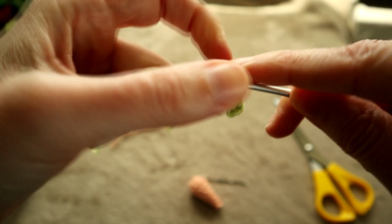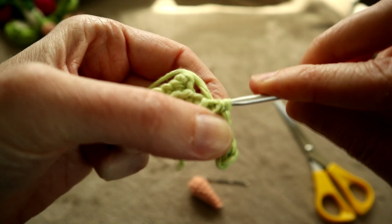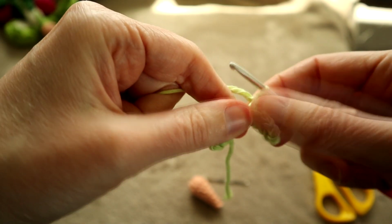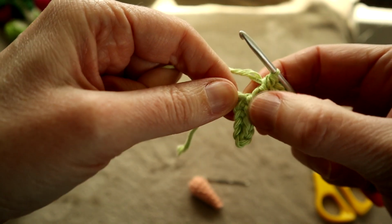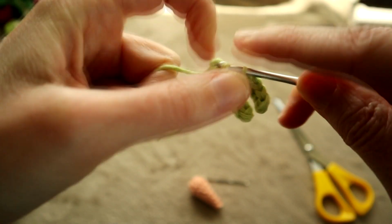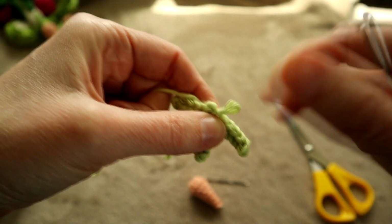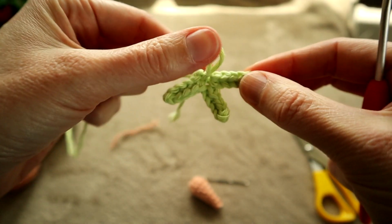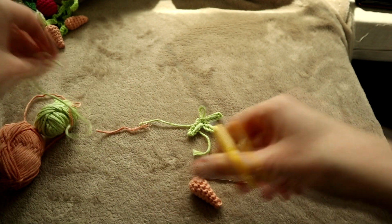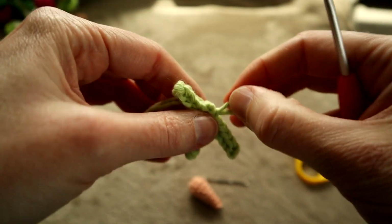Okay, so slip stitched back to the beginning, and that's really got very messy now. But we're just going to go with it, and then when we get back to the beginning, we're going to slip stitch in that very first chain. And you should hopefully end up with something that looks like a little bird foot. And we're just going to cut our yarn, pull that loop through,